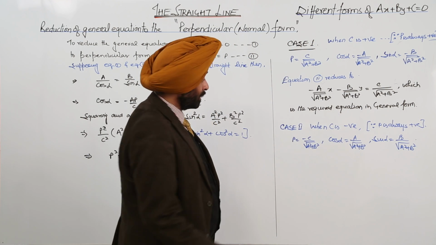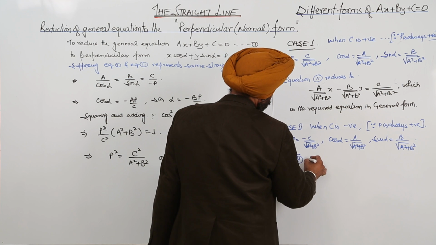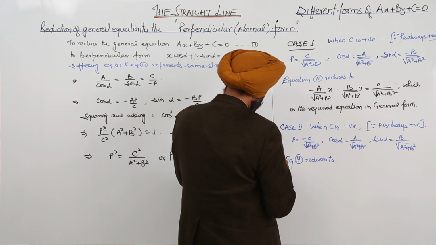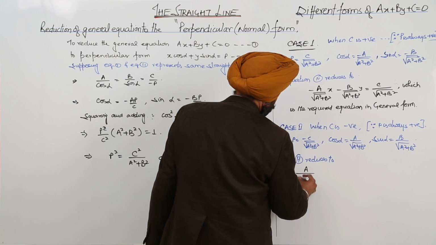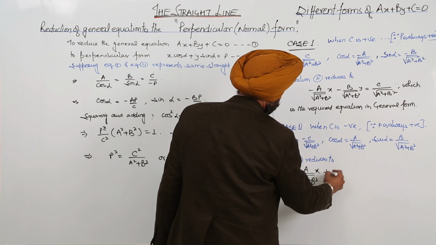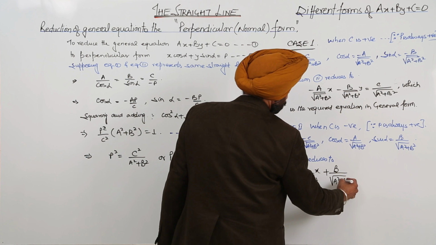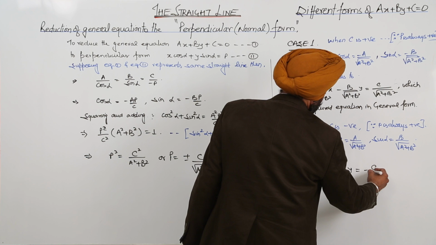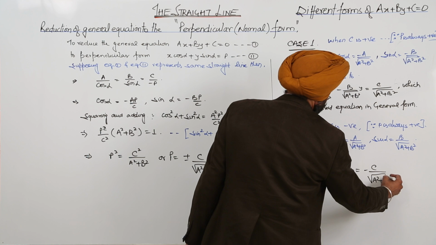Now again equation 2 reduces to a upon square root of a square plus b square with x plus b upon square root of a square plus b square with y is equal to negative of c upon square root of a square plus b square,